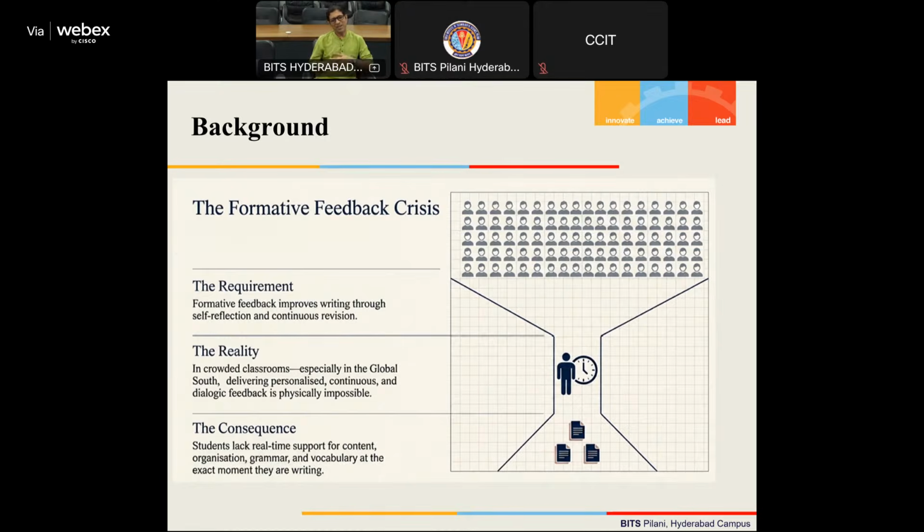I thought maybe that's something that's nice, but I sat on the whole thing for a month and then came up with this idea, and designed a study, and then went on to explore this. The requirement was to improve writing through self-reflection and continuous revision, which are core principles of formative assessment. Then